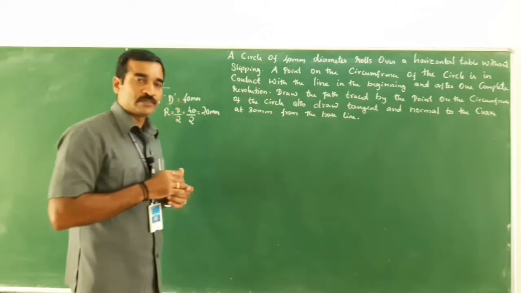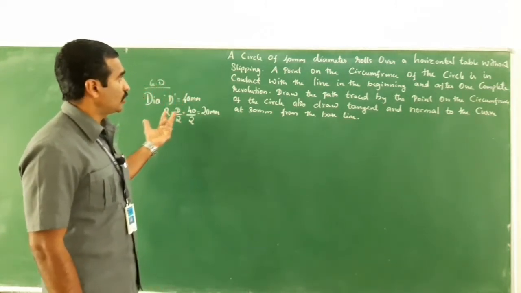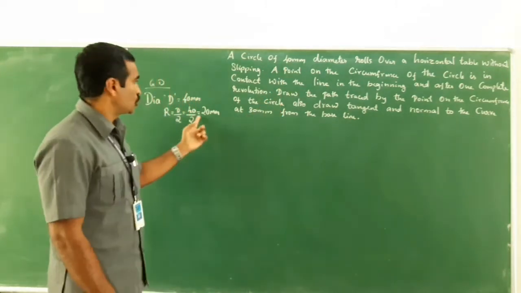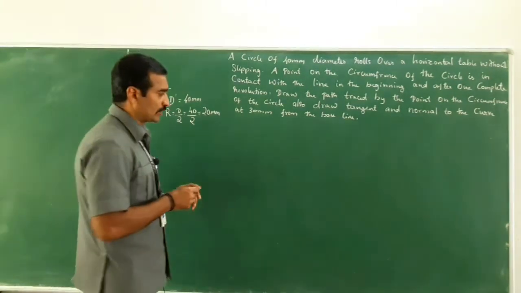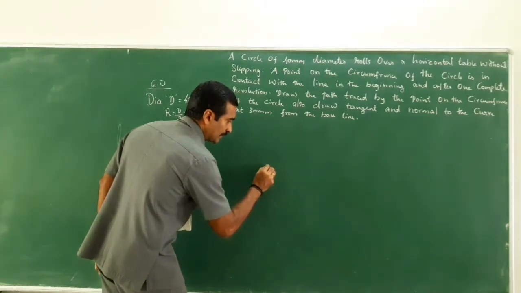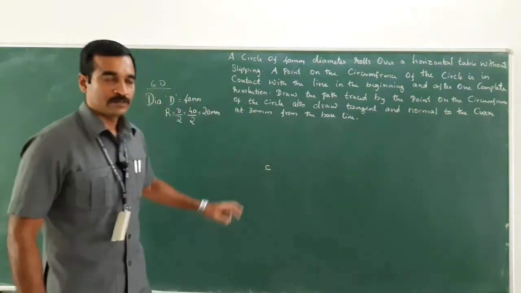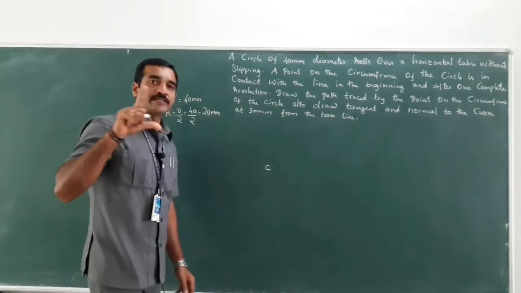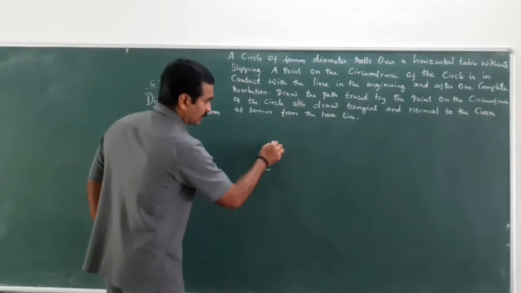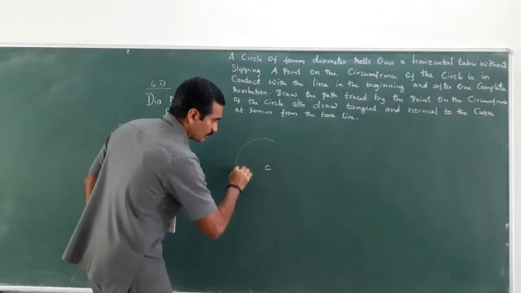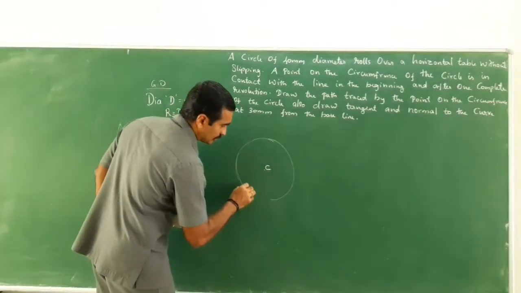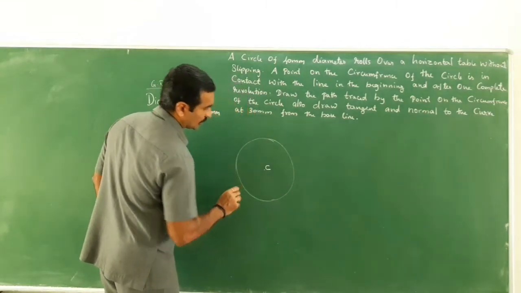To draw, first take the diameter of the circle as 40 mm, which is already given. So, take 20 mm in your compass, choose any point, and keep this point as C. With the 20 mm you have already taken in your compass, keep one leg on this point and draw a full circle of diameter 40 mm, that means radius 20 mm.